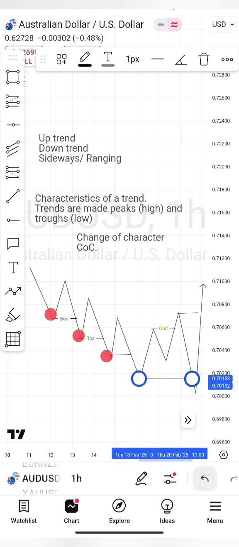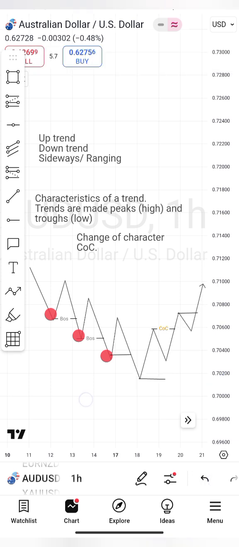Okay, so let's take this out. Let's continue with what we have. So when this thing happens, we start noticing that the market has started targeting the highs, and it's only in an uptrend that the highs are targeted. Okay, so now another thing that is of importance to note is that any low,